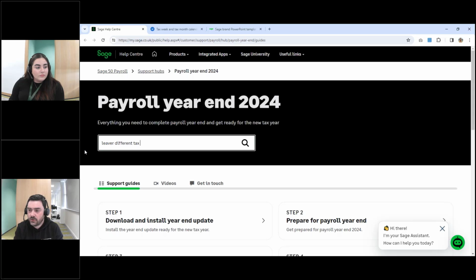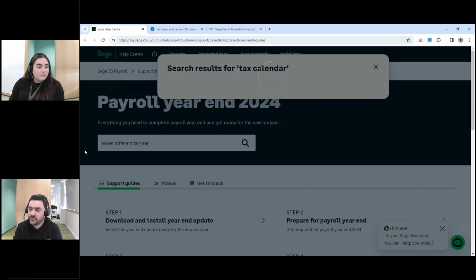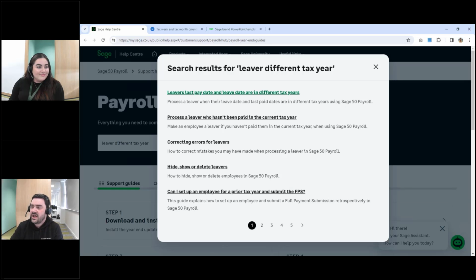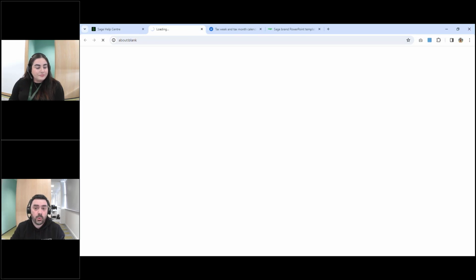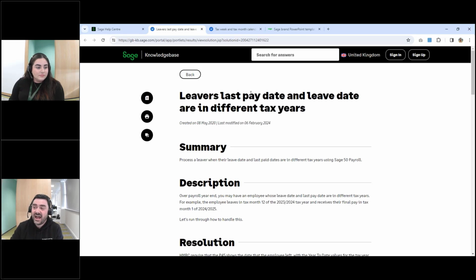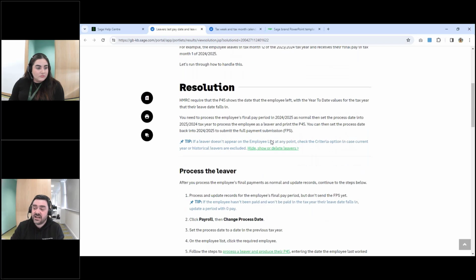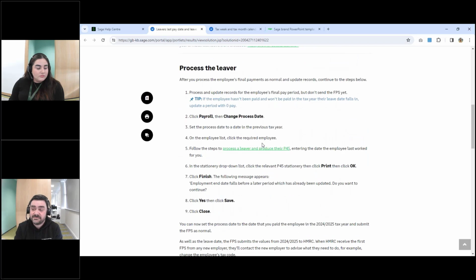If you search for "leave a different tax year" or words to that effect, you'll find the support guide for when the last pay date and the leave date are in different tax years, which is what we're describing in this scenario. And it actually takes you through the exact steps that you need to complete to do this. So first of all, you will need to process and update their final payment on the pay date in the new tax year